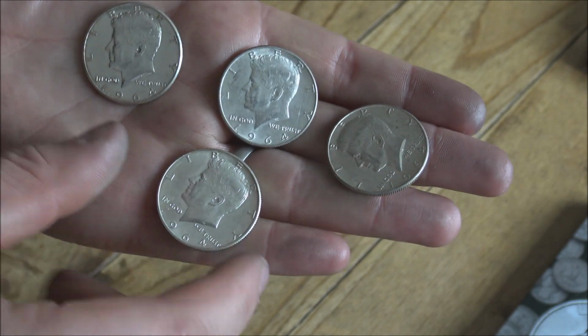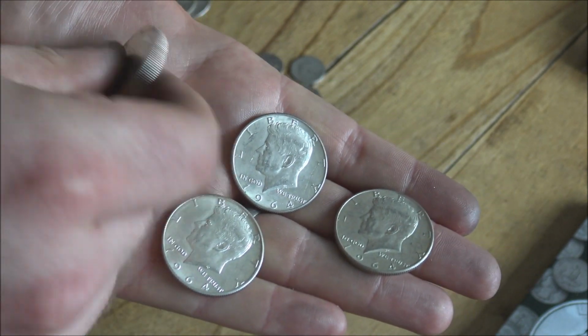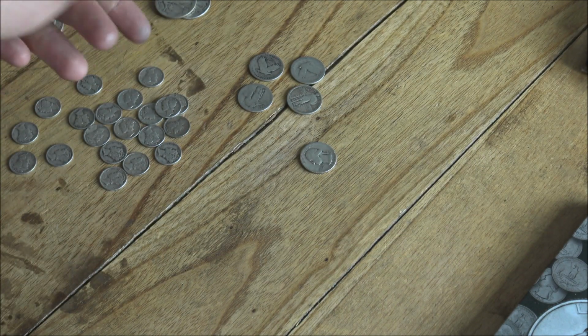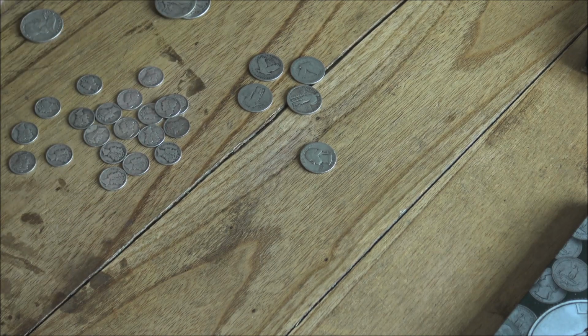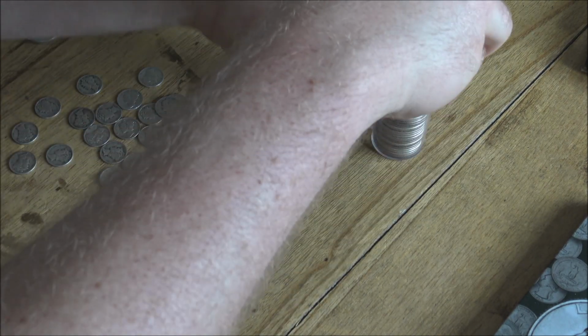It would be really difficult to know. I don't actually know the difference between the proofs or not. But that's interesting. Potentially one to have a closer look at some point. So let's pop these into their tubes and then we can go through the quarters. So that's the